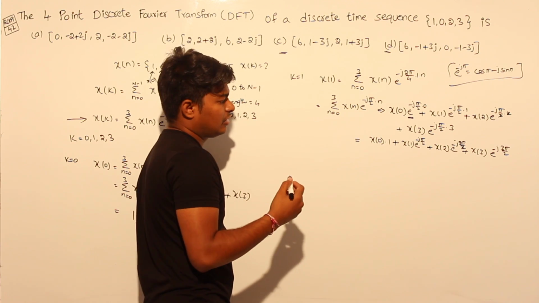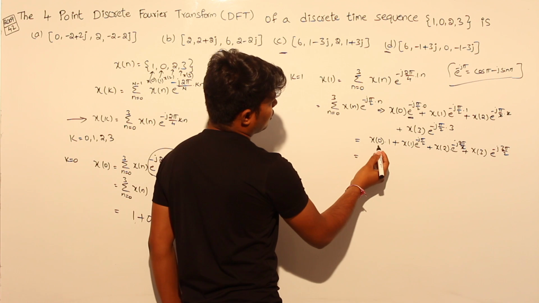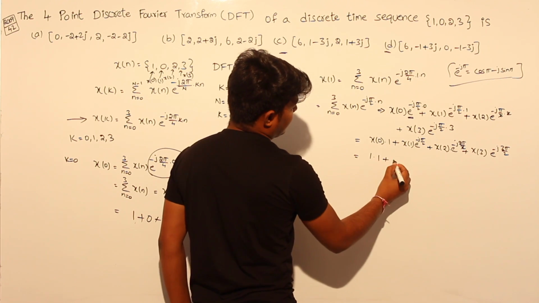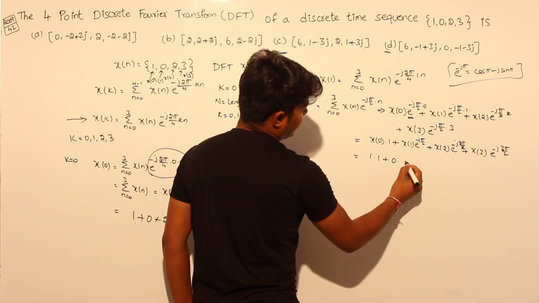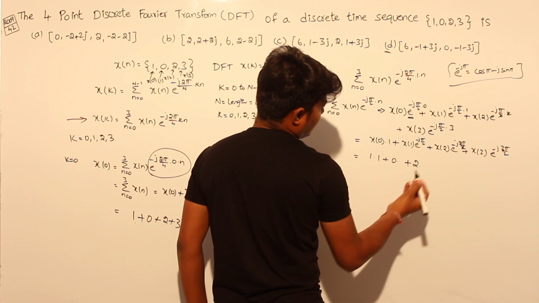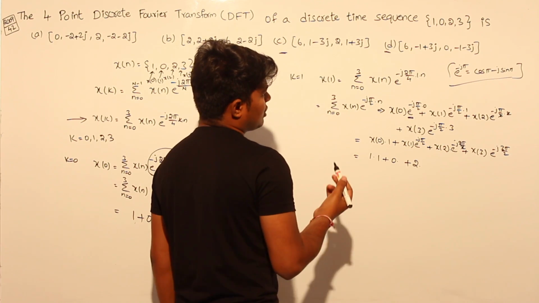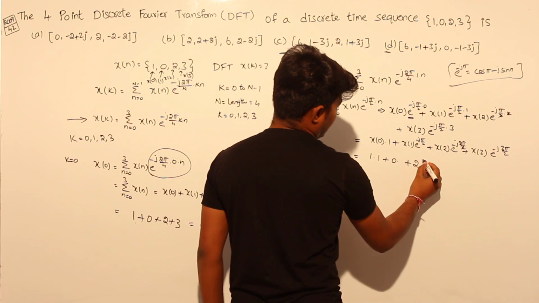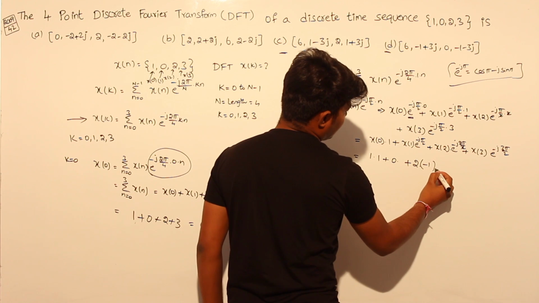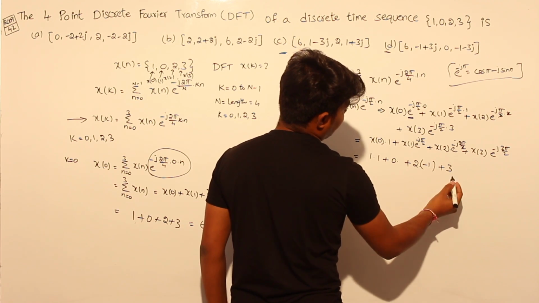Likewise, you keep on changing the values. Now, x of 0 is nothing but 1 into 1 plus x of 1 is nothing but 0 into anything will be 0 plus x of 2 is equal to 2. Here e power minus j pi is equal to cos pi minus j sin pi. This value will be equal to minus 1. Now x of 3 is 3 and this value will be equal to